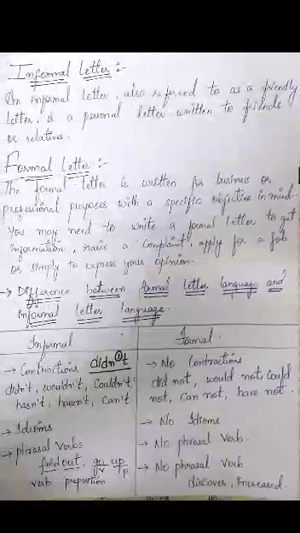Okay? So, in informal letter, we use contractions. Now, you must be wondering what contractions are. Didn't, couldn't, wouldn't, hasn't, haven't. So, if you see a verb with an apostrophe and a T, that is a contraction. Okay, let me repeat it for you again. If you see a verb with an apostrophe and then a T, that is a contraction.